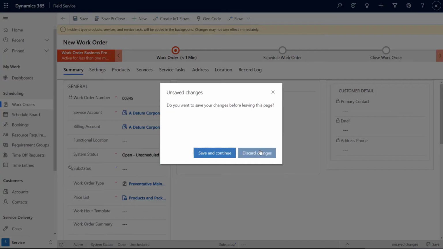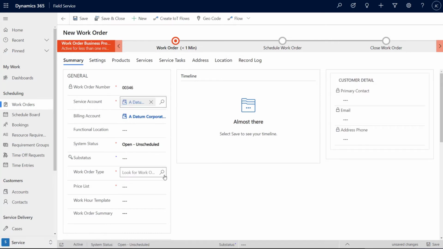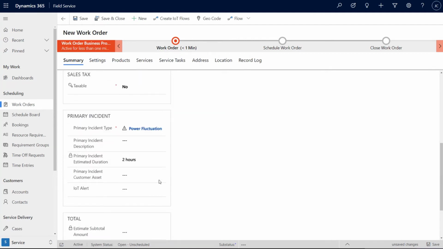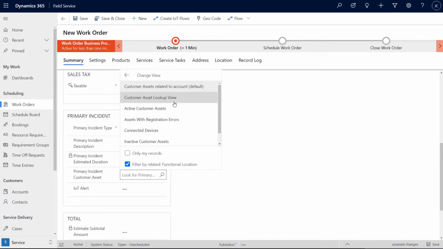I'm going to click on new, and I'm going to find a Datum who's the one calling me about the issue. I'll quickly fill in anything that's required. And as I come down to pick my asset, I still don't see the water pump because it's not associated to a Datum. But what I can do now that I disabled that validation is I can change the view,